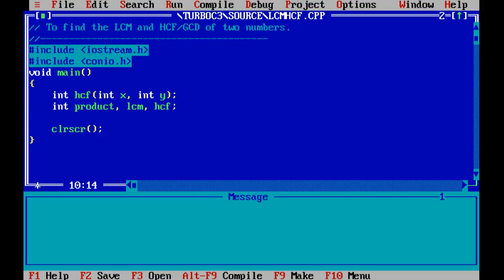Okay, clear screen, cout, prompt for input, enter two numbers. Okay, cin A, B. All right, now we need to find out the